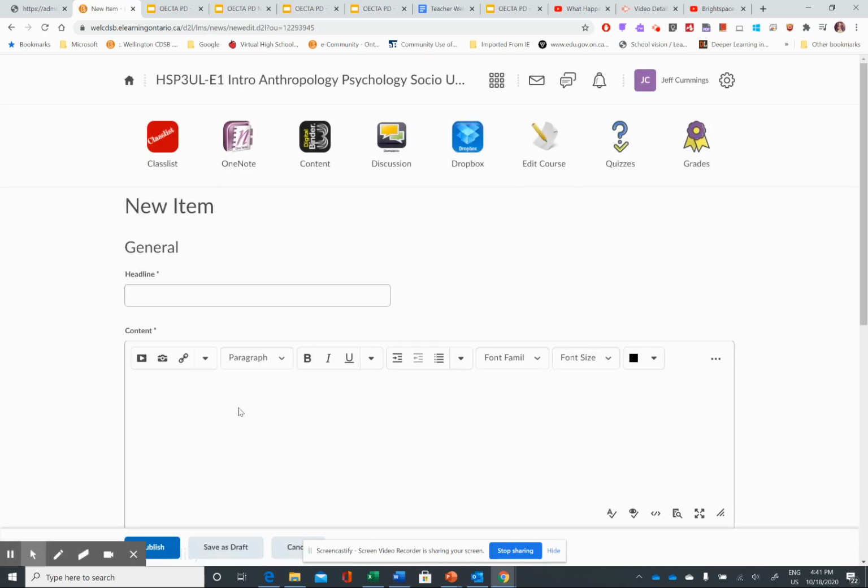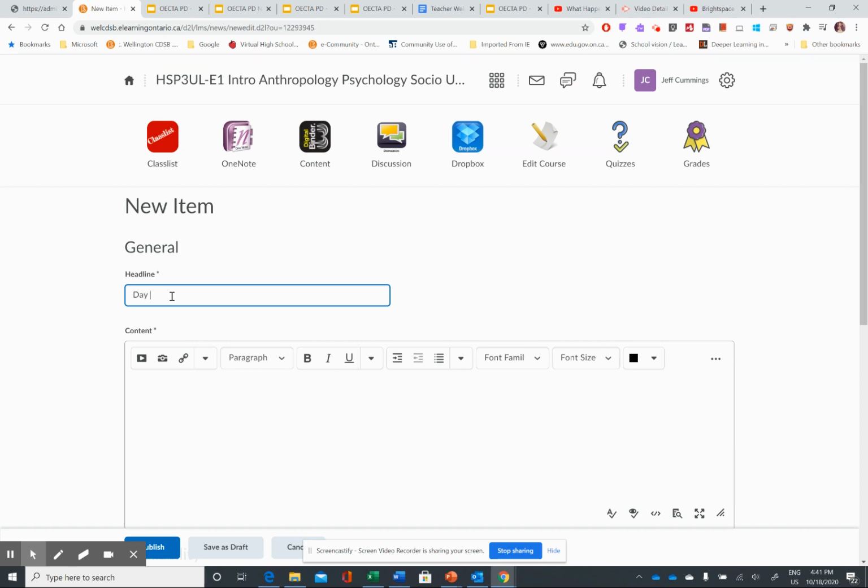And I'm going to just touch on the functionality of the news feed for now. There is quite a bit that you can do, but I'm going to touch on some basic functionality. So one of the differences between the news feed and the activity feed is that it allows for a title. For those of you that may be working remotely, or doing summer school, some sort of titling will be helpful for your course. For instance, I'm working in the virtual school, so I have